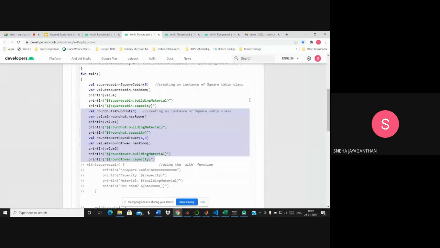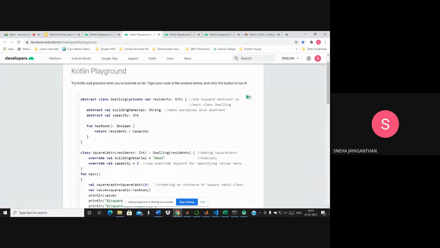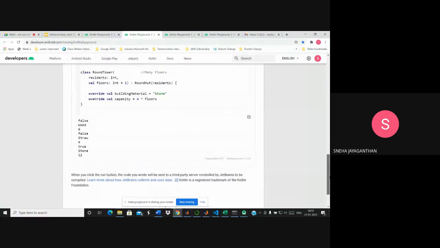So for round hut and round tower, we can create instances. I've created an instance for round hut and passed 5 as my number of residents. And in the same way, if I use the has room function and try to print its value, it will access it from the dwelling class because I've inherited it. So you can see the values here for the round hut.